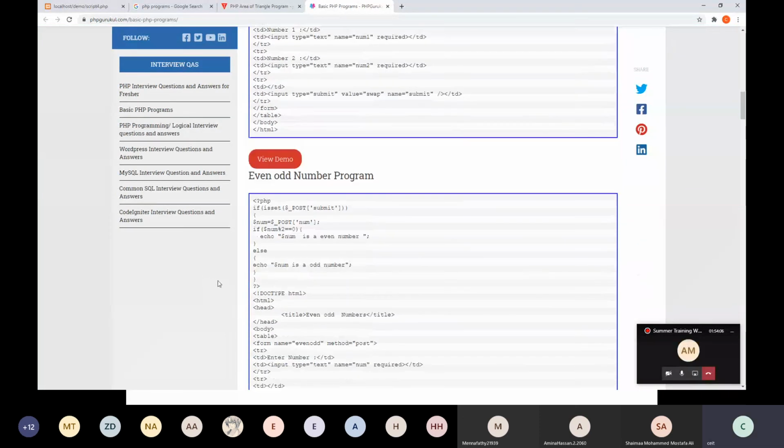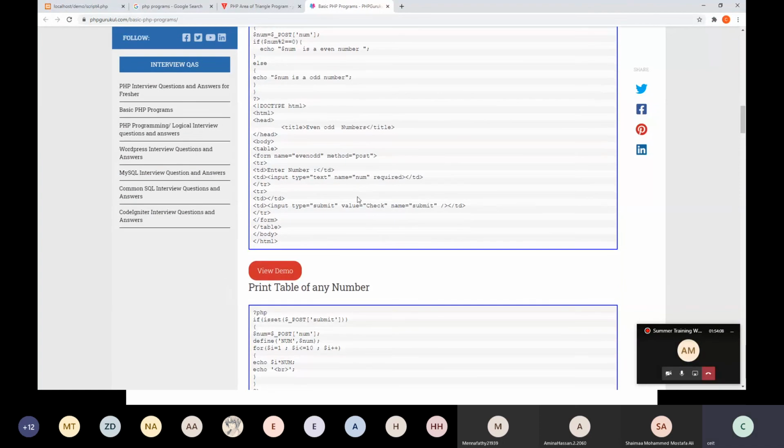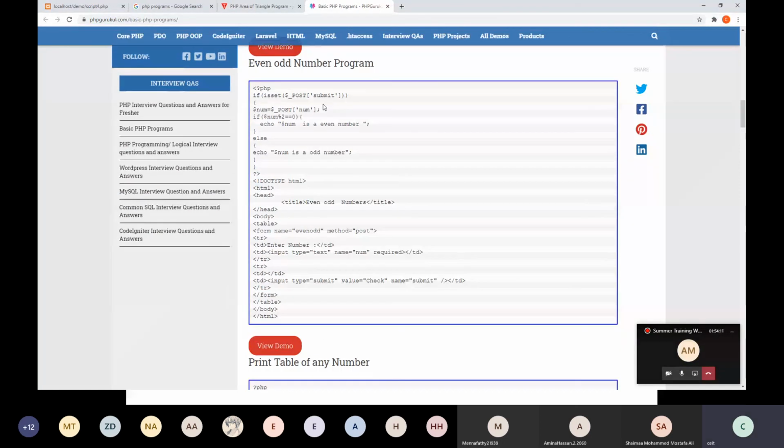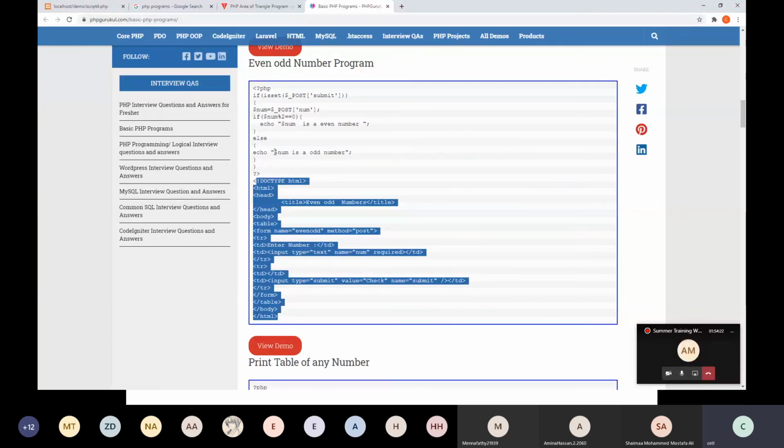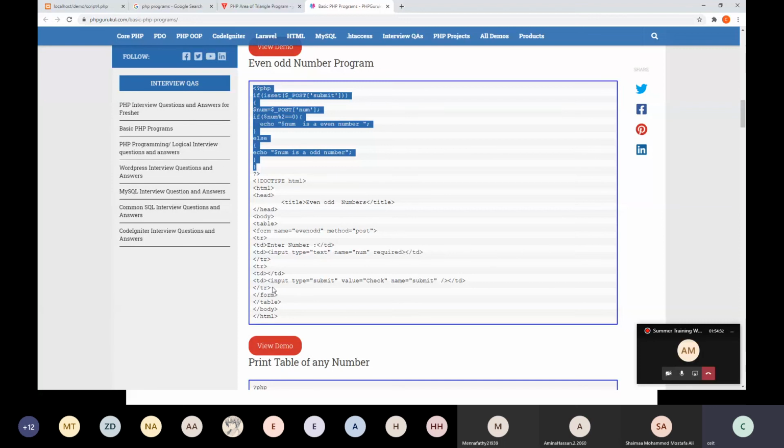From here also you can see the program, the same program in a different way. Here they have written PHP first, then started the HTML. That is up to you. You can keep the HTML file and the PHP file separate, or keep both in the same file by putting PHP inside the HTML body, or by writing PHP in the beginning and then HTML.